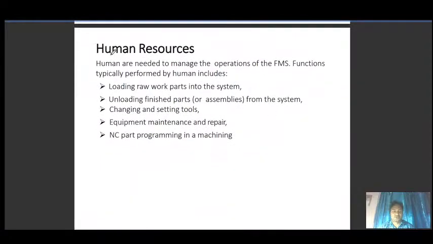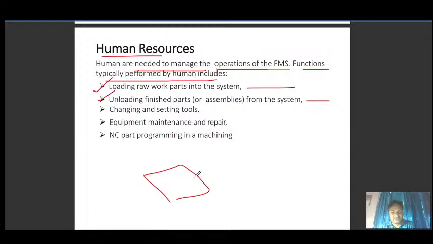Obviously human resources are also important, but skilled human resource is important. So humans are needed to manage the operations of the FMS. Functions typically performed by humans include loading raw work parts in the system, so no skill required here. Unloading finished part assembly from the system, no skill required here. Obviously you can bring the part through the forklift, and then you have to load it on the pallet, and it will be done manually, and for that purpose you need a human.